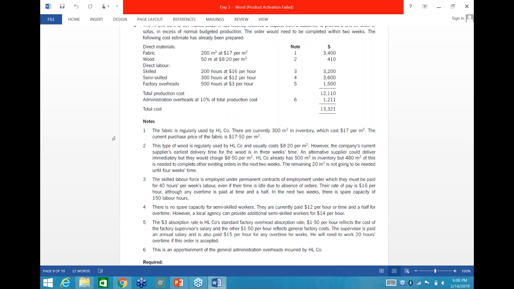The current purchase price of the fabric is 17.50. So in a situation where the material is regularly used, you need to get the replacement cost. So if I'm to buy it today, it's 17.50. So therefore my relevant cost in terms of fabric is going to be